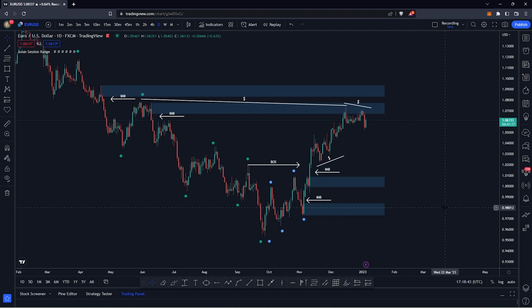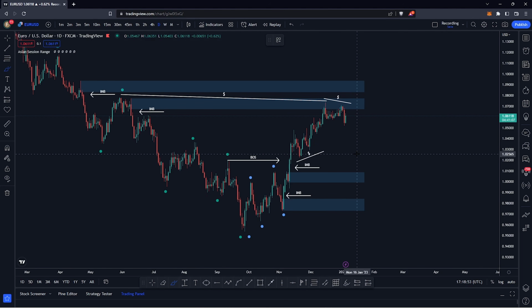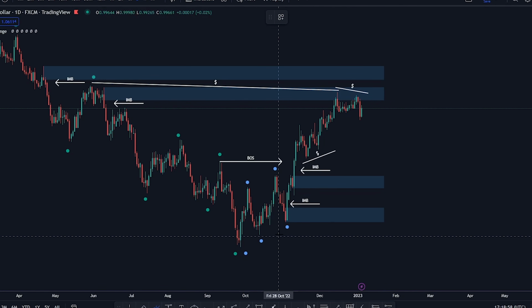And what should we look for? So now, in my opinion, this is what I think will happen. If we look at where price is and what's happened so far, we've pushed to the upside, we've broken structure, we are in need of a pullback. That doesn't mean we have to pull back to these two zones here,